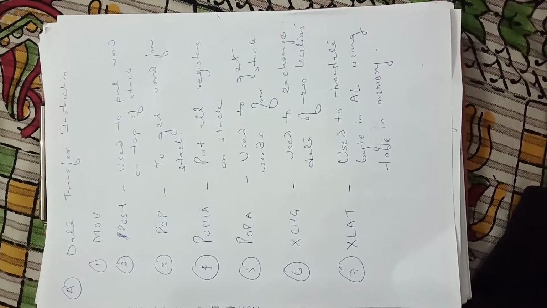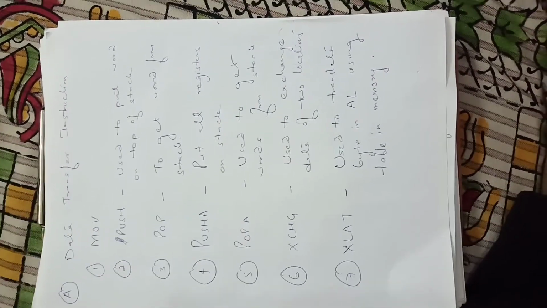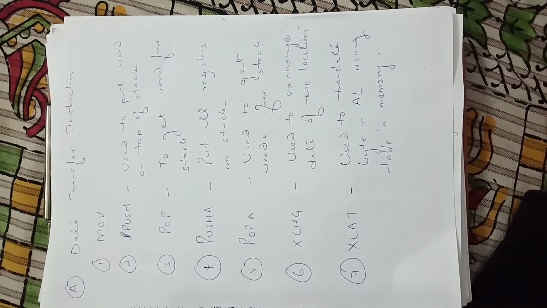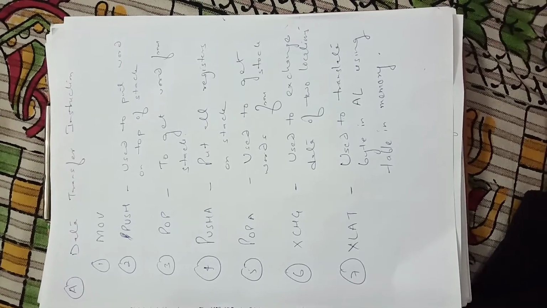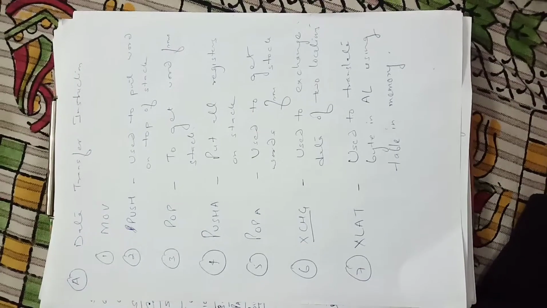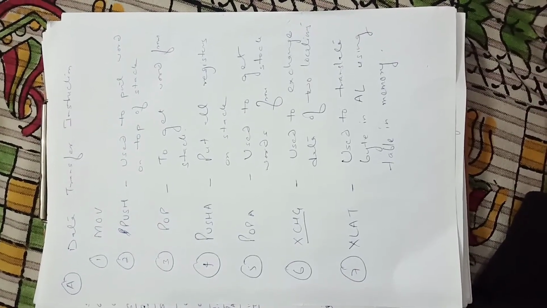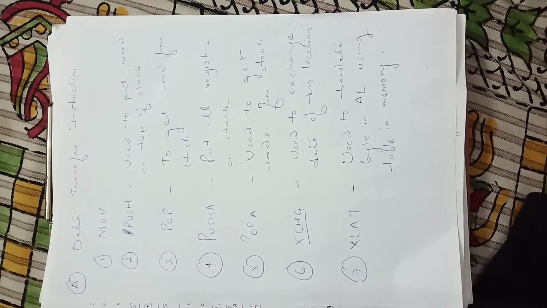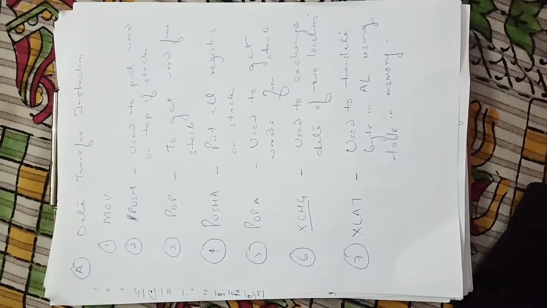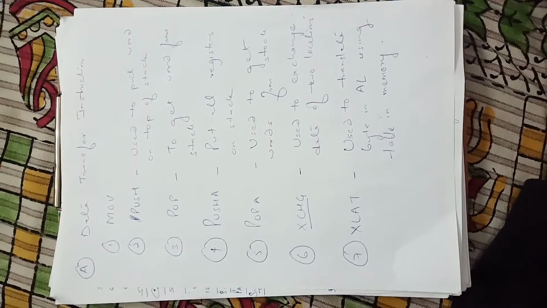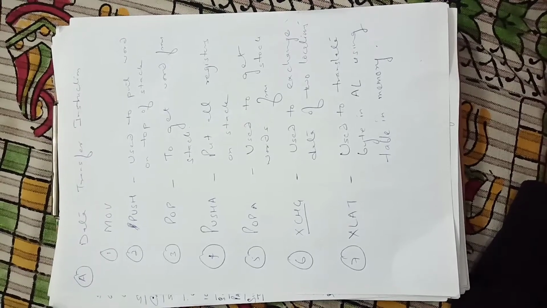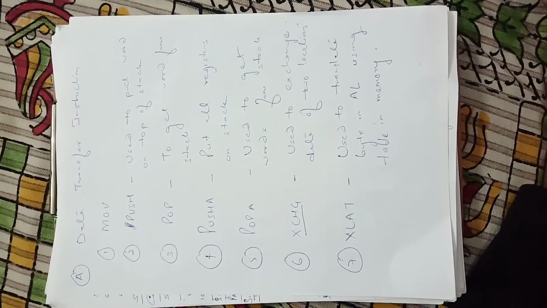Similarly, there are two new instructions, that is PUSHA and POPA. These are used to put all the registers on the stack or to get all the words from the stack. There is an important instruction called XCHG. XCHG is basically the exchange instruction. This instruction in 8086 is used to exchange the data of two specific locations. As is very much clear to you, in the case of 8086 we use segmentation. Therefore, you can perform intra-segment or inter-segment transfer or exchange.